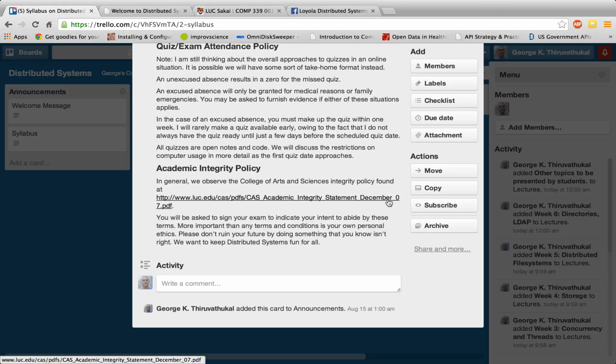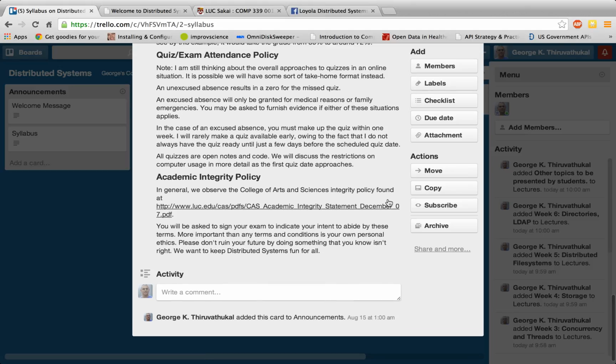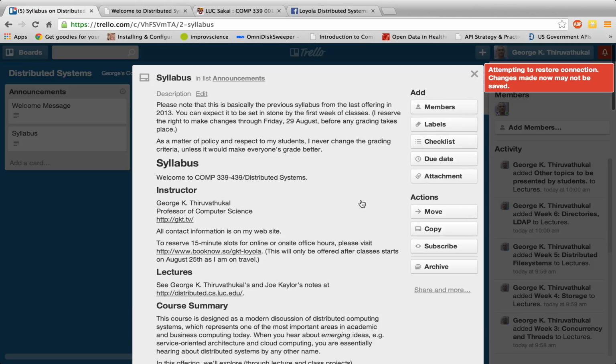Lastly, I do want to say a thing about academic integrity. There is an official college policy document. I ask everyone to read that. I'm not going to waste any time showing it to you. But one thing you will have to do is whenever you take an exam or something where you're doing it without being supervised, you're going to have to sign an ethics statement saying that you are following the college policies and that you have taken the test on your own. So, like I said, I've never had any problem with people cheating, and I hope that it will not start this semester.